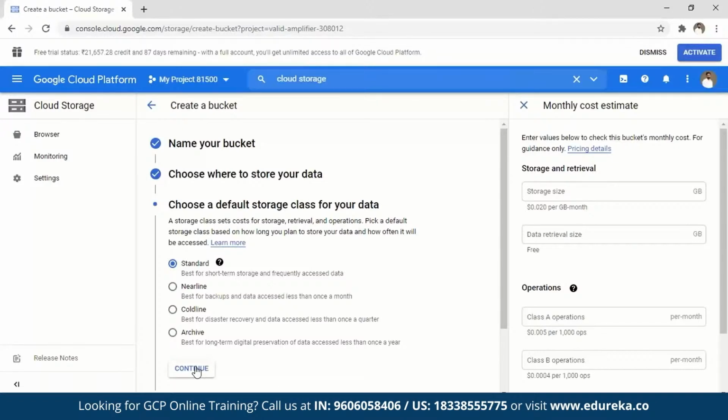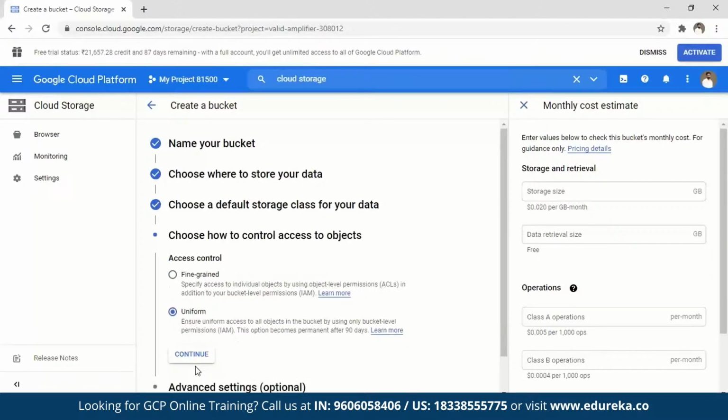And why do you store data in these kinds of things, right? Let's assume that Edureka makes courses, right? What if Edureka had its database on something like GCP, right? In that case, if I had to store a particular copy of my course, which I do not use regularly, I might put that copy in a cold storage or archival storage, which I do not access frequently, right? So the data would be there, but it would not cost me a lot. But what if there's a course that I do not access at all and I put it in standard storage? Now I'm being charged very heavily for that, but it's of no use, right? So that is what these different storage systems talk about. Okay, I hope that is clear to you.